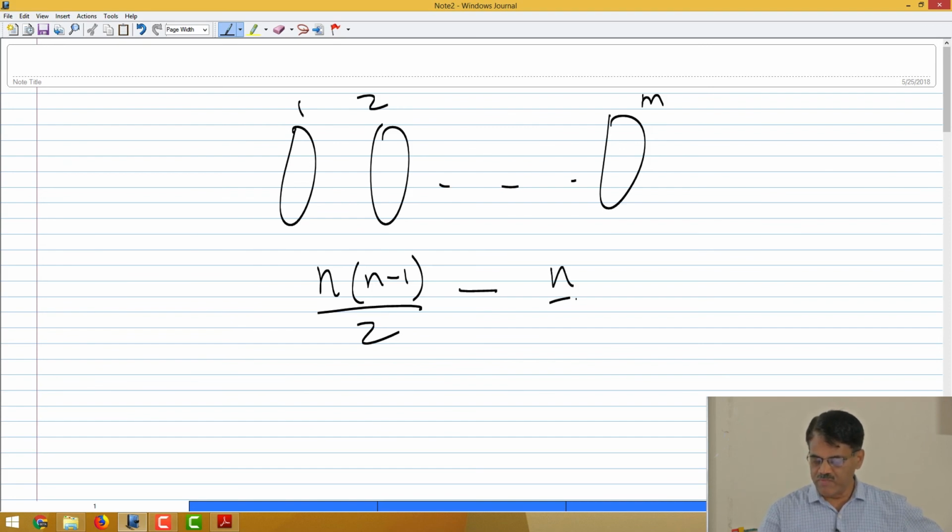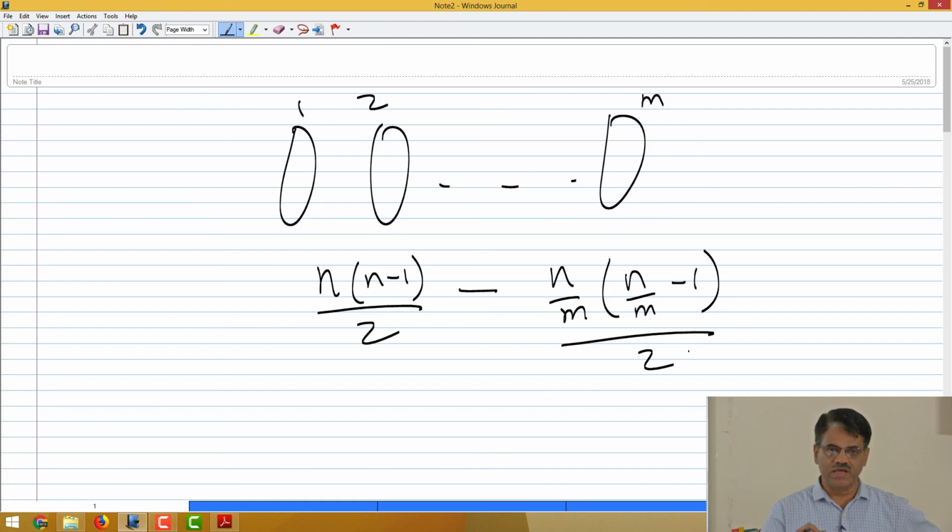So, it is n by m into n by m minus 1 by 2, that is the number of edges inside which are missing, right, because each one has n by m vertices and there are m of them. So, this m cancels, and this is the number of edges in such a complete m-partite graph, because all possible edges are there except the edges inside each part, and it turns out if you do the calculation, this is exactly that number which we are trying to